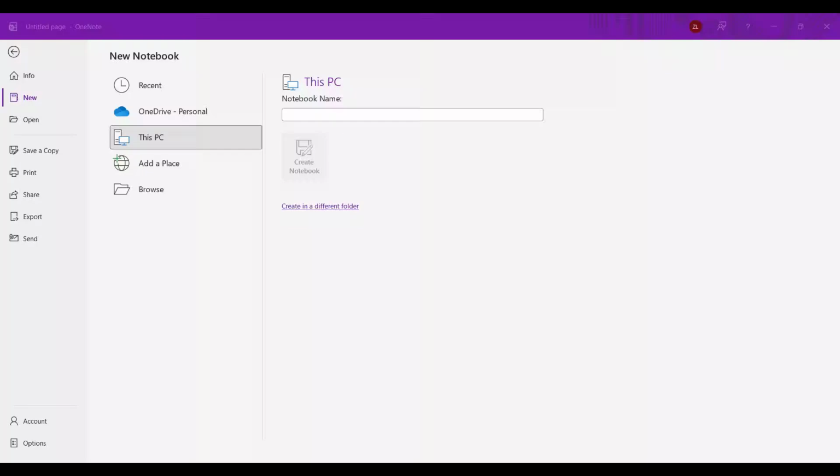Today I'm going to show you how to create your perfect bullet journal in OneNote, step by step, so you can build a clean, organized digital planner that actually feels fun to use every day. If you've ever wanted the flexibility of a paper bullet journal without the mess, this setup is going to be